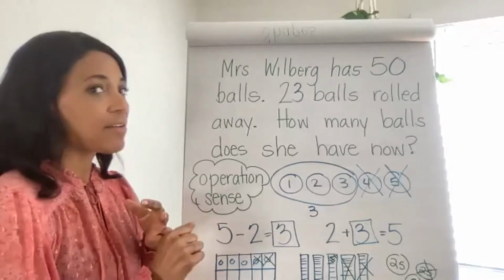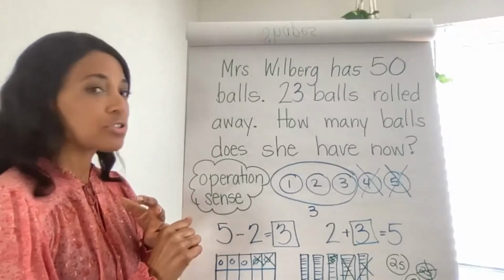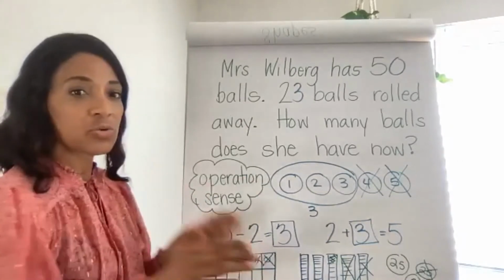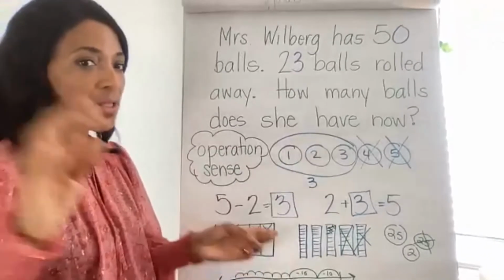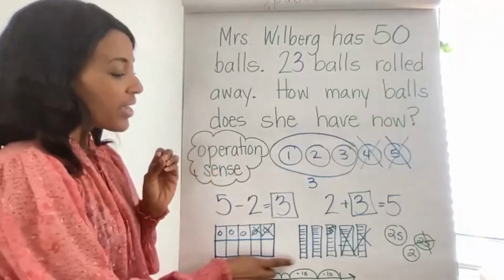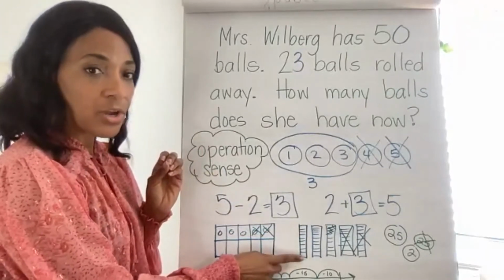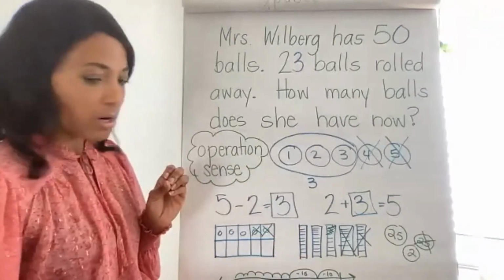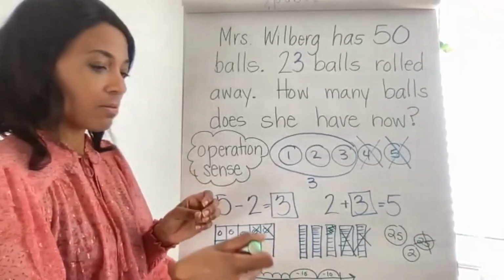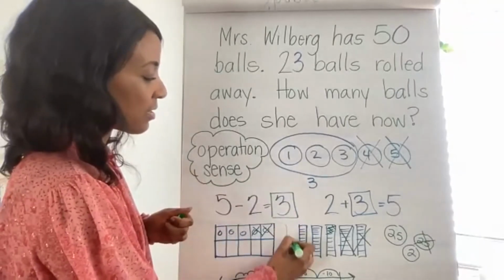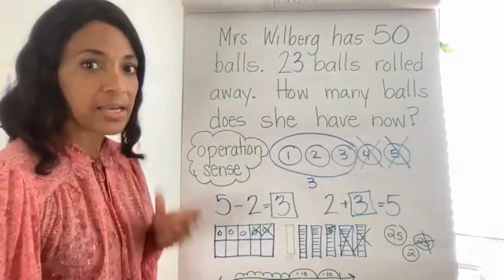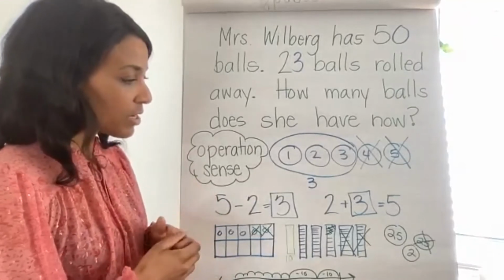You probably also have some kids who are doing that in first grade, and that's okay. What we want to see is first graders moving towards this idea of groups of 10 or base 10 blocks. So instead of making 10 individual little circles, they can use those base 10 blocks and know that it represents 10, or they might just make a singular stick and label it with a 10. So really diving in and understanding groups of 10 is going to be important for first graders.